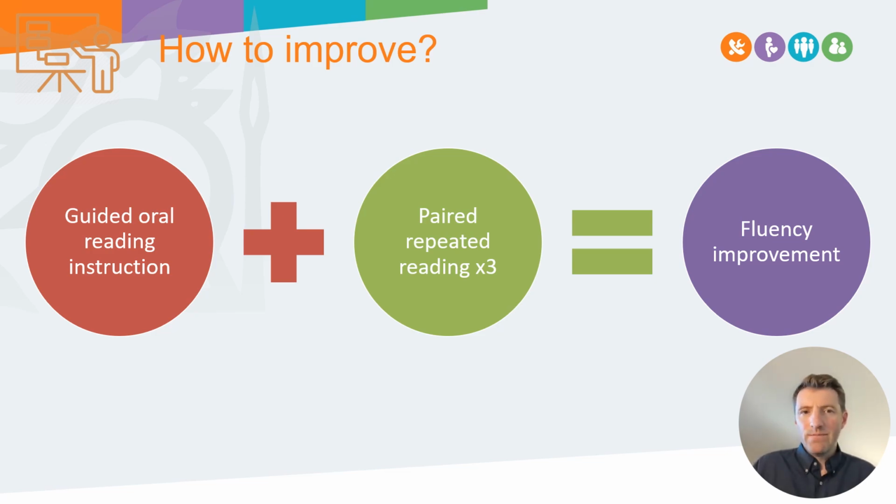Oral reading instruction involves an adult, a teacher, modelling the fluent reading of a text first, and then pupils reading the same text aloud, but with feedback from the teacher. It's an opportunity to make the implicit explicit by expertly modelling fluency through appropriate use of pace, expression, punctuation, and phrasing, all important features of effective prosody, that third part of fluency. This guided oral reading instruction, along with repeated reading, is really key.